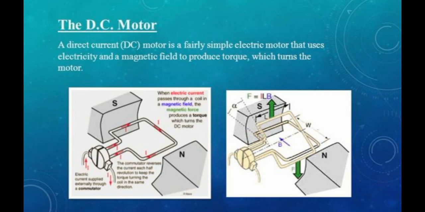DC motor is called a direct current motor, where the supply is in one direction, and in AC, alternating current is supplied. As you can see in the figure, a magnet is placed, there is an armature coil, and we have split rings. Then we can find out how the principle of this electric motor works.